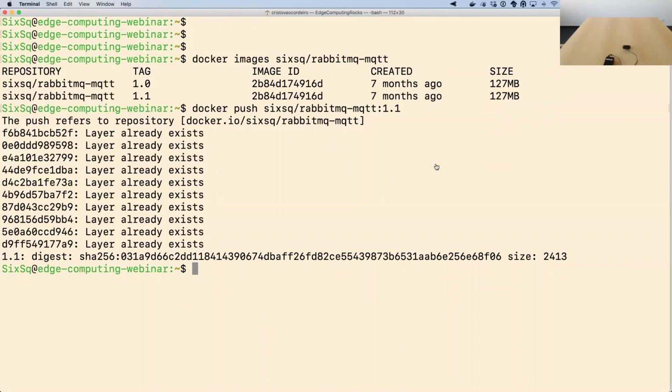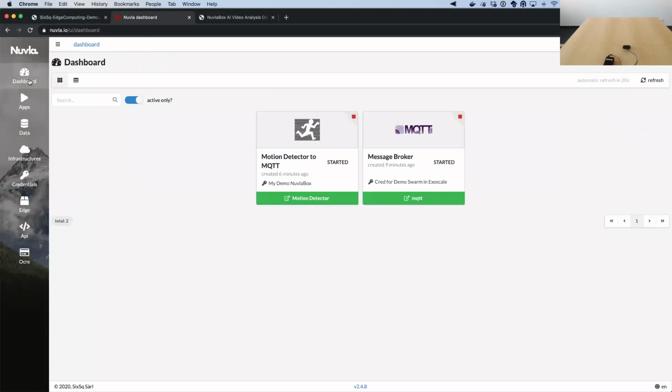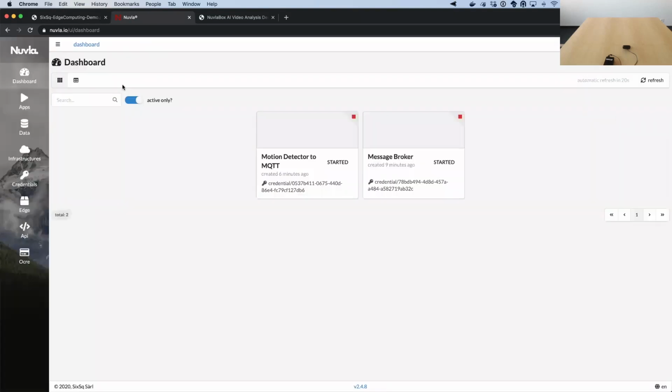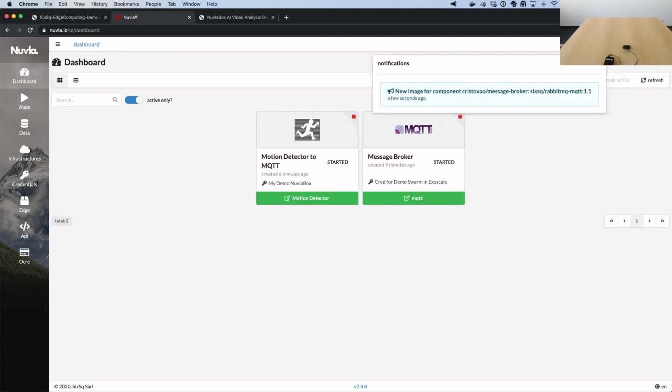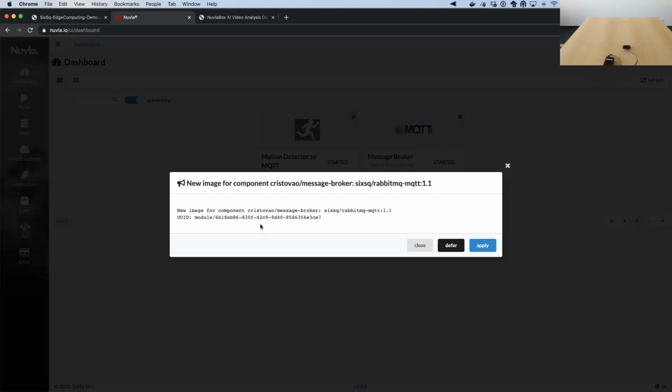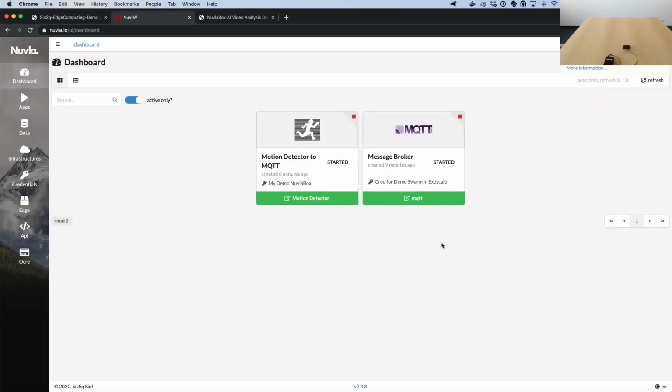So if we go back to Nuvla, and we go back to the dashboard, usually these are mechanisms that run on a periodic basis. We are not trying to flood the network with these requests, but it's quite fast, and we can see we already have one notification up there. And if we look at it, basically this is saying, hey, you have a component that is called message broker that can be updated. This means that if I would update this component, all the new deployments that I would launch would have this new image. Let's just say I don't want this. Let's defer this